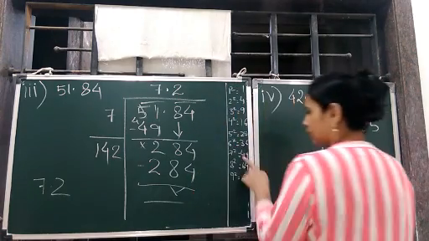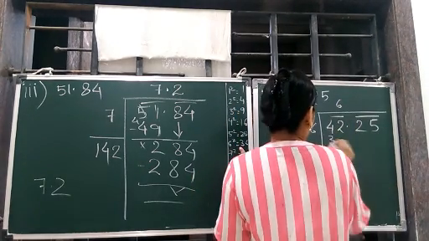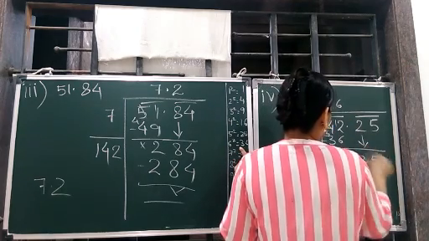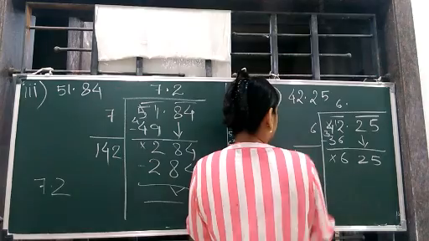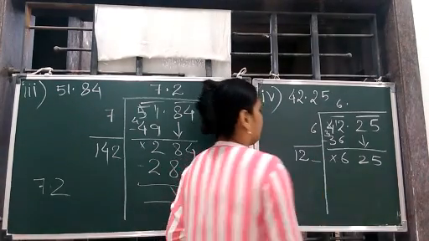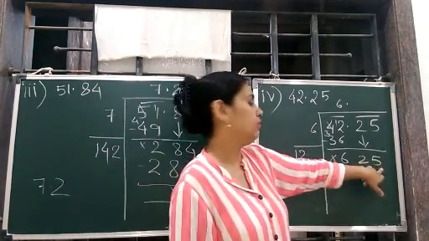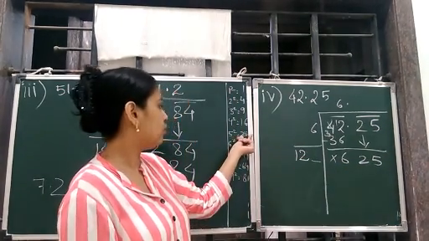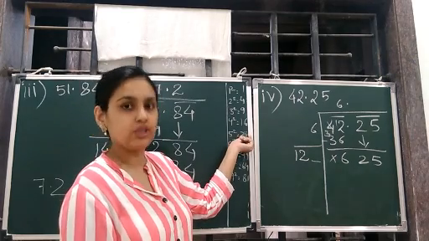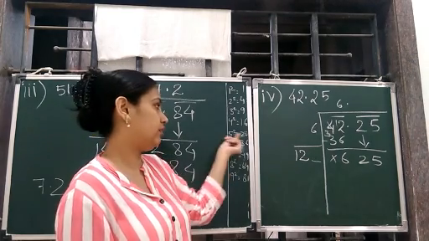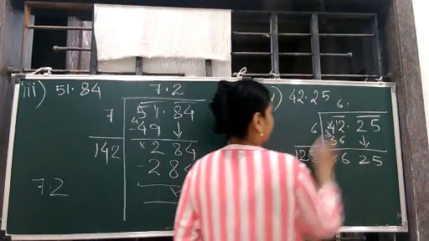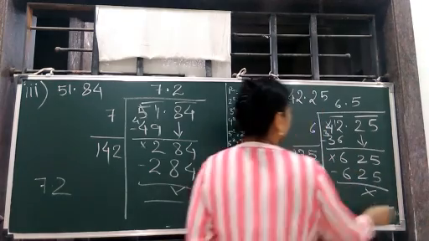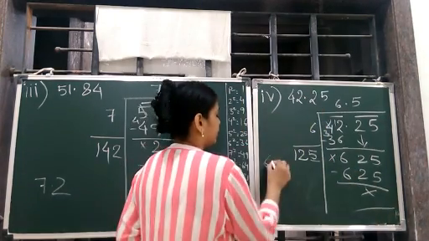So we know 6 6s are 36. 25 comes down, decimal, double of 6 is 12, 6 2s are. Now we have to write here a number whose multiplication should give us 5, or we can say whose square is 5, or whose square number's unit place is 5. So we see that it is 5. So we do it by 5. So 125 multiplied by 5, it is 625. So this completes, answer is 6.5.